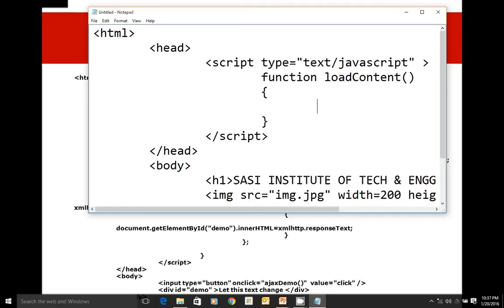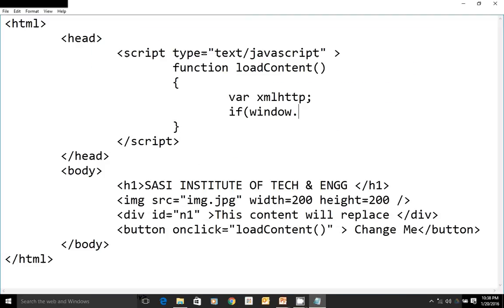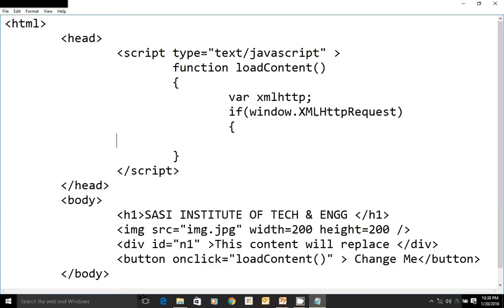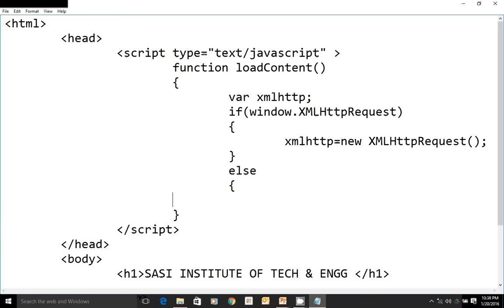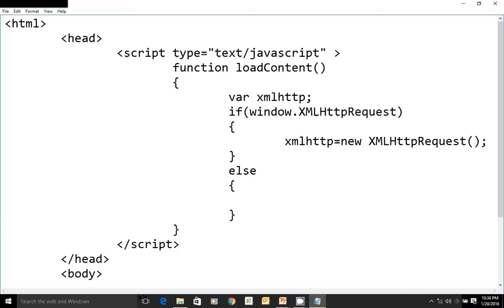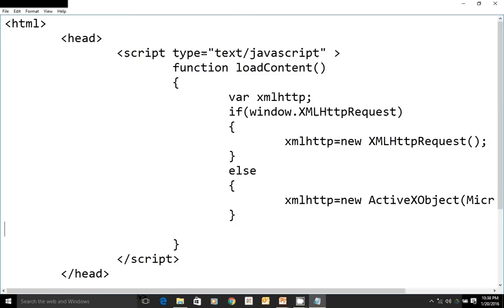The first step is we have to declare a variable xmlhttp. If window.XMLHttpRequest exists within the browser, then say xmlhttp equal to new XMLHttpRequest. Else, if it is a lower version browser like Internet Explorer 6, 5, whatever it is, xmlhttp equal to new ActiveXObject of Microsoft.XMLHTTP.